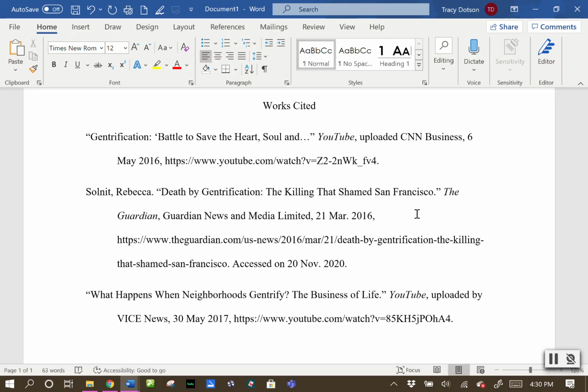Now, when you do your parenthetical citations, you're going to use gentrification. You don't need to include the colon. What you'll do is you'll put gentrification in quotation marks on both sides, and then that will go in parentheses. Solnit is what you'll use here. Now, again, with parenthetical citations, if you use her name, if you use Rebecca Solnit in that sentence or quote, you don't need a parenthetical citation because there's not a page number to go with it, okay? So if you use her name in the sentence, then your reader knows which source on your Works Cited page to use, okay? So it's kind of like you don't need to do it twice, all right?